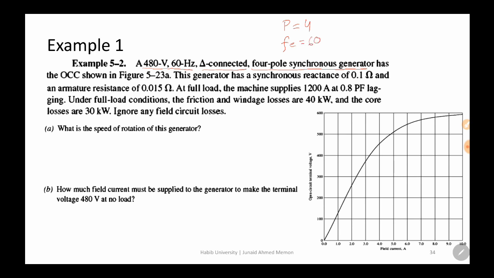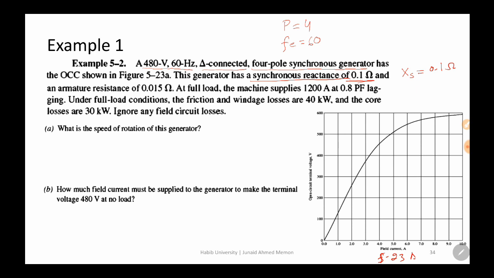Has the open circuit curve, which is shown here, Figure 5-23A. This generator has a synchronous reactance of 0.1 ohms. It means XS is equal to 0.1 ohms, which we discussed in the last slide, and